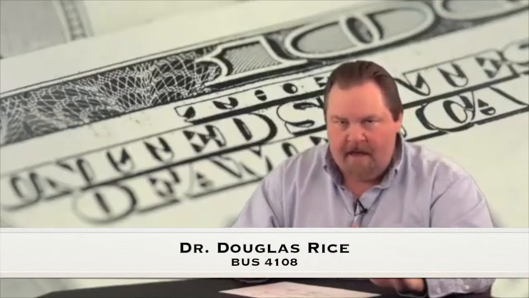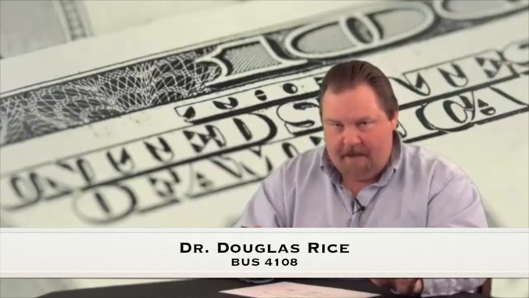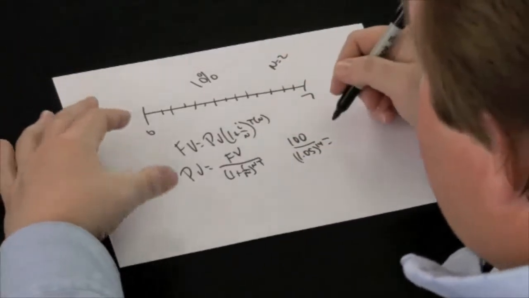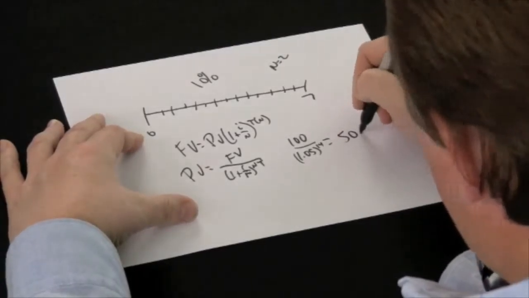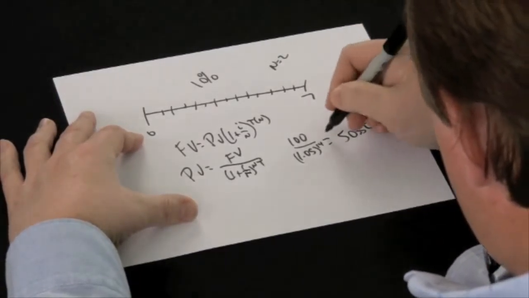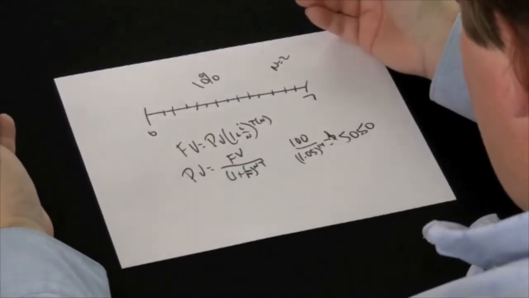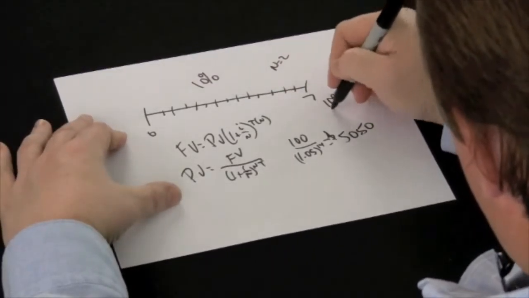You don't have to do that math. I'm not asking you to do that math. Please don't do that math. I'll show you a much easier way to do it. But the answer here is $50.50 in semi-annual form. If we did it in annual form, we would have 100 divided by